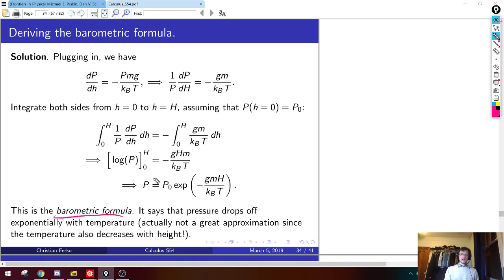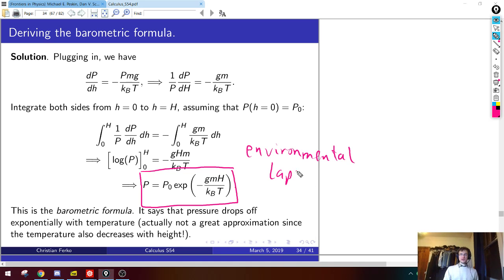So anyway, this is good as an approximation, but in science, you always want to iteratively refine your approximation. So if you were studying the atmosphere, you would probably start with something like this. And then if the temperature effects are important, you would modify this equation to account for the effects of temperature. Then you would have something like the environmental lapse rate, where you assume that the temperature drops off linearly, which is also an approximation. It's not actually linear, but it's a good place to start. And if you need the nonlinear effects, you keep making it more complicated.